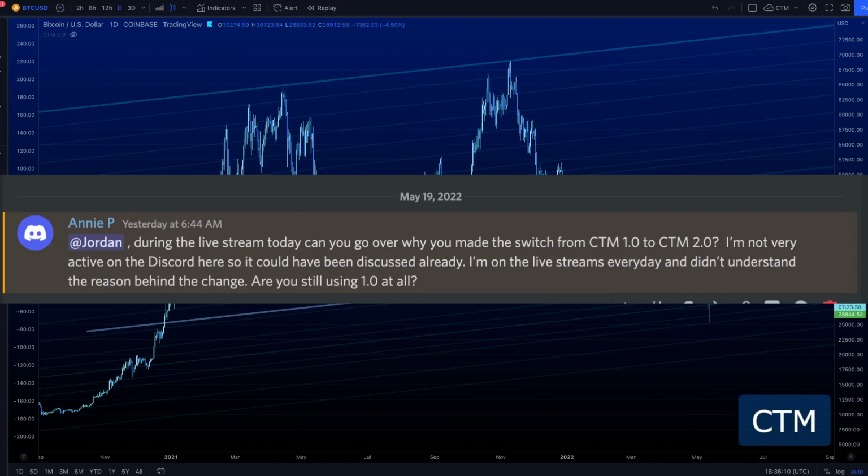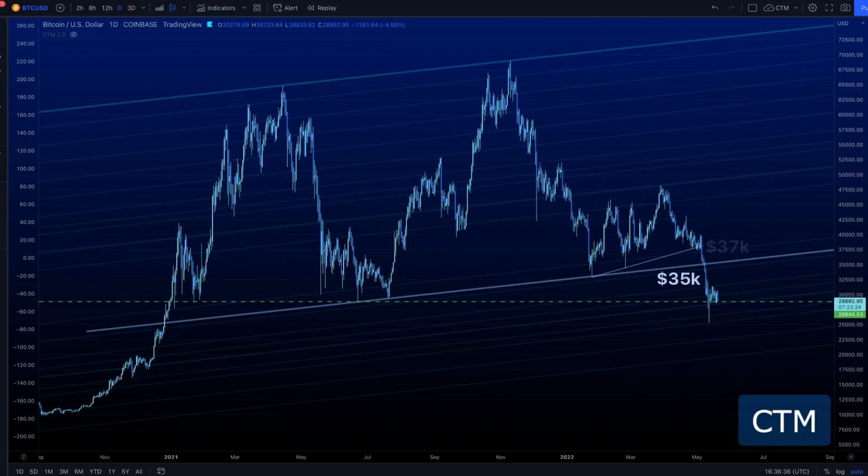Let me see if I could read this. This message came up yesterday. "Jordan, during the live stream, could we go over what made the switch from CTM 1.0 to CTM 2.0? I'm not very active on the Discord, so it could have been discussed already. I'm on the live streams every day, though, and I don't understand the reason behind the change. Are you still using 1.0 at all?" So I want to start off with that, and there's other things that I want to talk about as well,